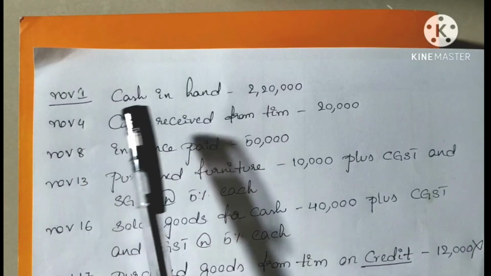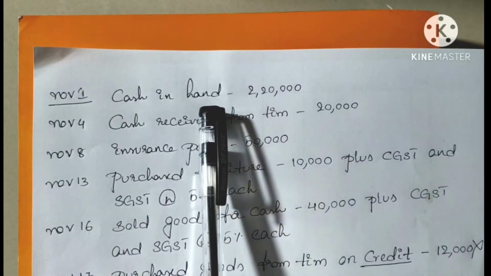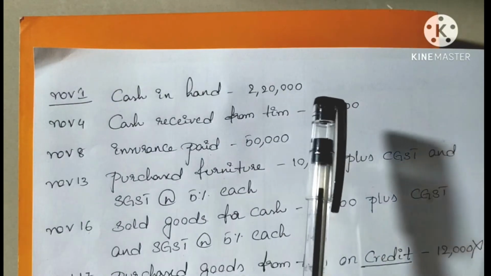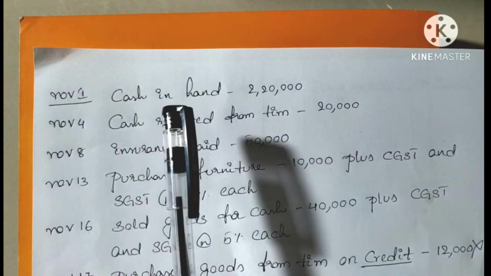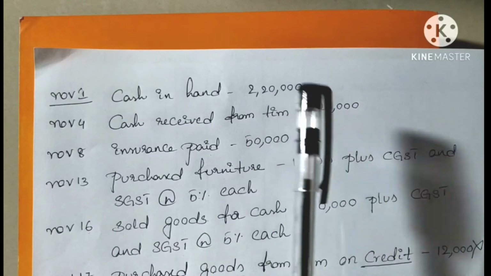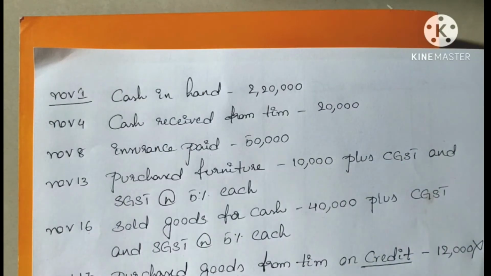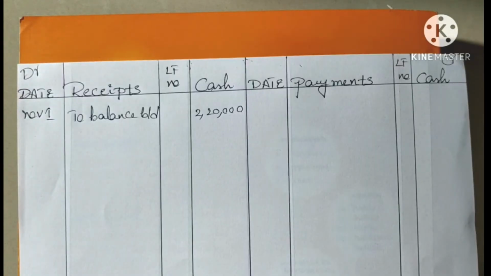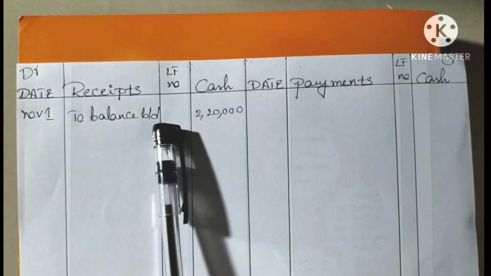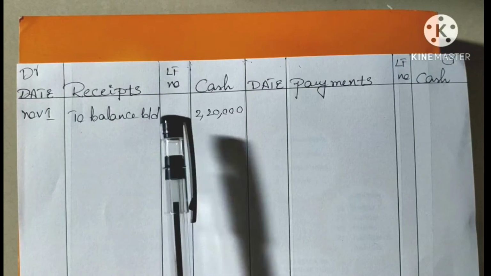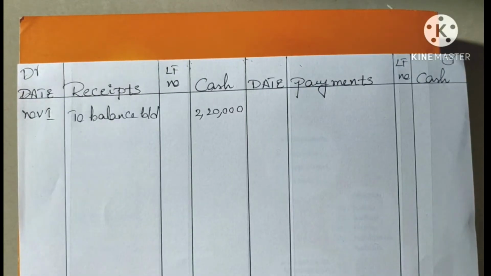In the place of cash in hand, if we see a transaction like the business started with a capital of 2,20,000, then we have to mention to capital on the debit side in the place of to balance brought down. Okay? Our next transaction is